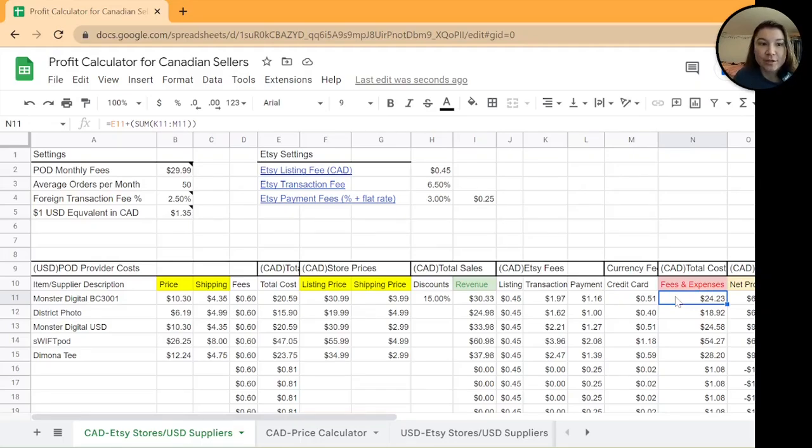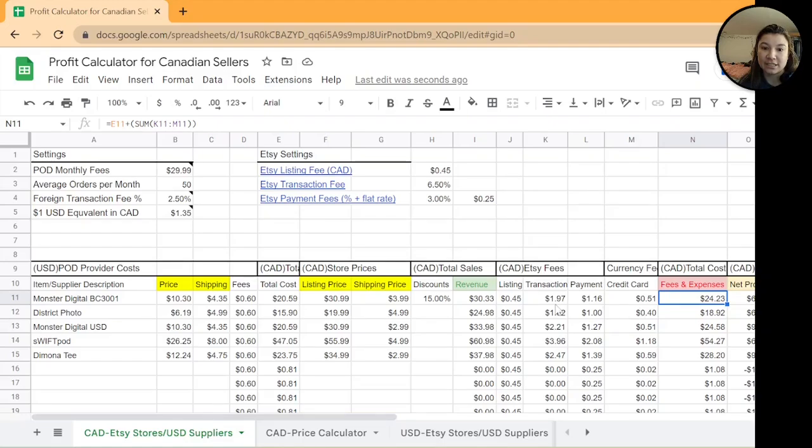Okay, so next we've got our total costs, what we need to deduct from our total sales, which is right there. So the things, of course, we're going to need to deduct is all of this, right? The order amount right here. Again, looks like I have gone ahead. Oh no, that's not it. I'm actually using E11 in this one. So that's our total cost. And then we're also going to deduct all of those fees, right? So the sum of columns K through